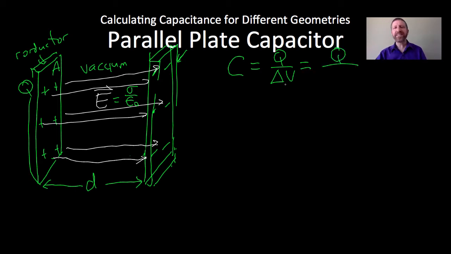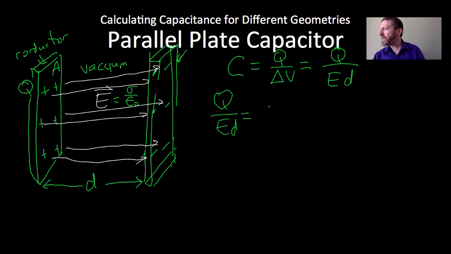Q is, what is delta V? Well, because we don't have to worry about the sign of it, delta V is negative Ed, but again, I don't care about the sign of it, so I'm just going to use Ed. Again, everything's just the magnitude. Love capacitors, so easy. Well, what is E? So Q over Ed